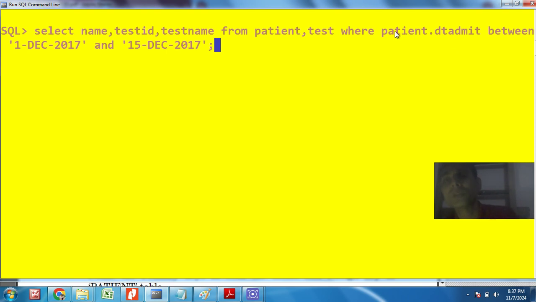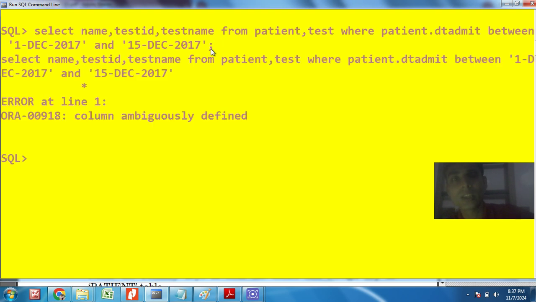Here I am specifying name of table dot name of column, between that particular date. Now this is again wrong. Again I am not coming out of the cross join. If you look at that, column ambiguously defined. Again my problem is not sorted out.